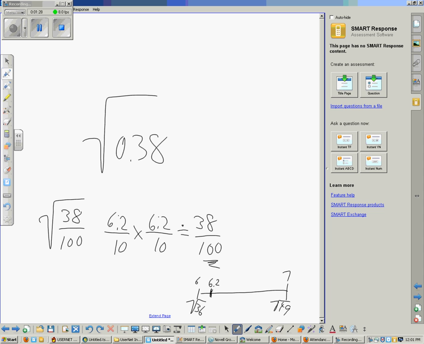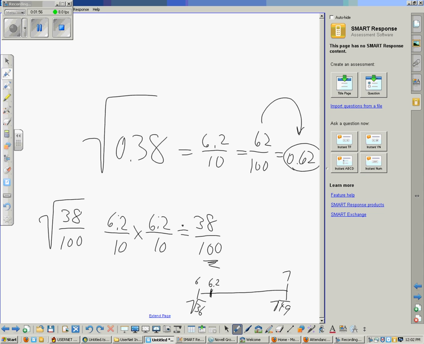So now that we have this, the square root of 38 hundredths, what number when multiplied by itself is 38 hundredths? Well, it's 6.2 tenths. So the answer can be, although it's not very proper, 6.2 tenths. A more proper form of that would be to create an equivalent fraction out of 100, which is 62 hundredths. Those are equivalent fractions. And if we have that, we can now translate that to a decimal, because I can read it as 62 hundredths, write it as a decimal, and I have my answer, which